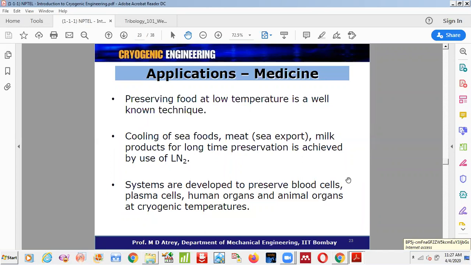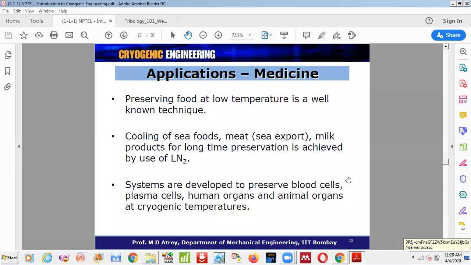Cooling of seafoods: obviously, seafood decays very early compared to normal food. For example, if you take mutton or chicken, the domestic meat, compared to the seafoods, which smell much faster. So, in order to preserve seafoods and meat products, long-term preservation is achieved by